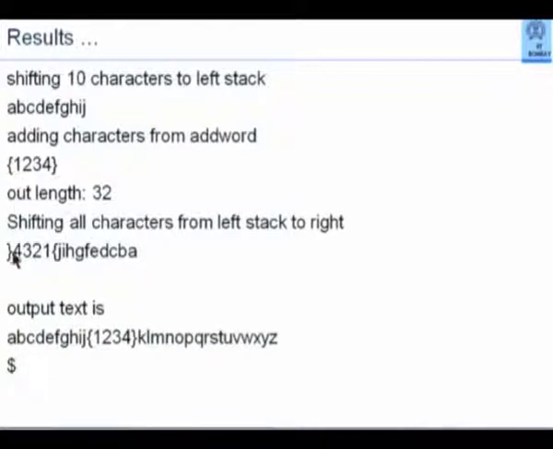So, closing curly bracket, 4, 3, 2, 1, opening curly bracket, J, I, H, G, F, E, D, C, B, A. Exactly opposite of this. This is how the stack will have them. The remaining characters are on my right stack. Finally, in the output text, it is exactly the text that I wanted with this insert. You know now that the editor works.